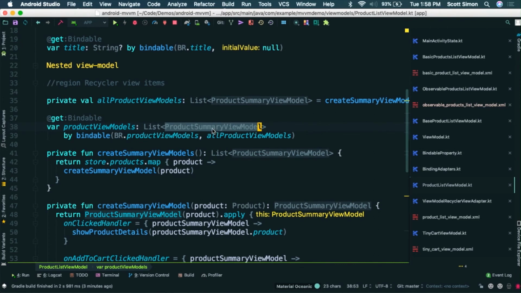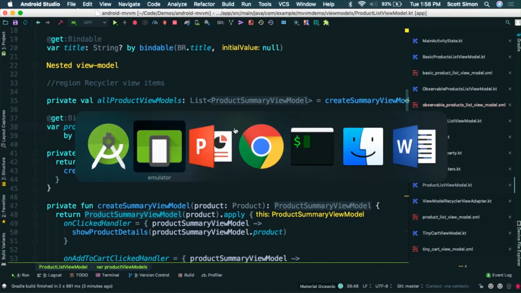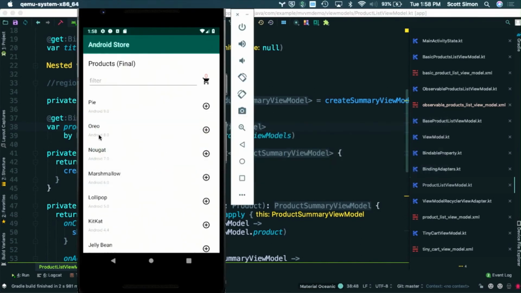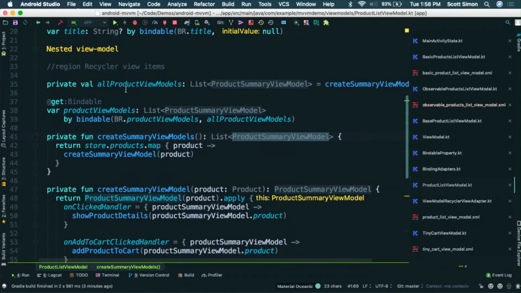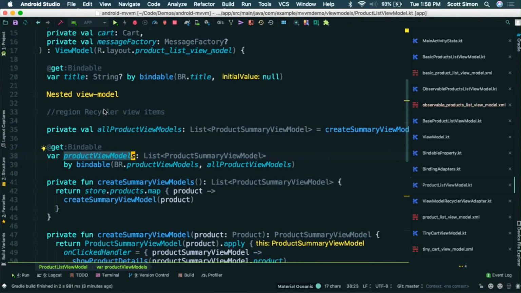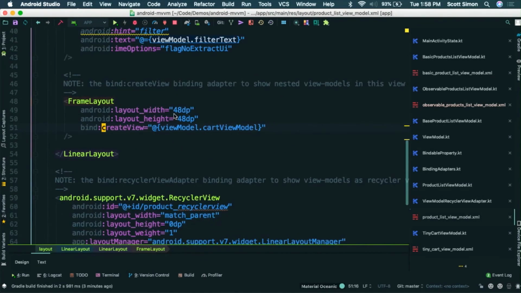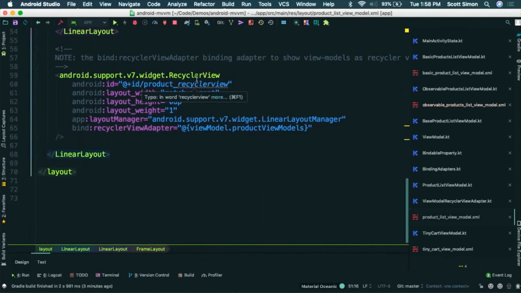Like I created this product summary view model, and this row right here is basically my product summary view model. It has the title, a description, and then it has this little add button. So I have a collection of these view models that get exposed as a property on here. I won't go into the details on how I created those, but the key point here is